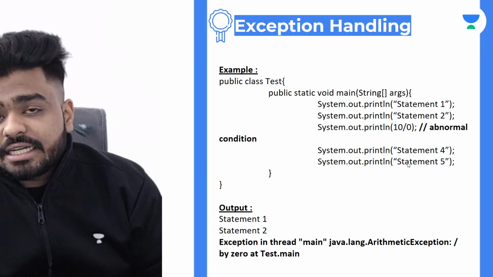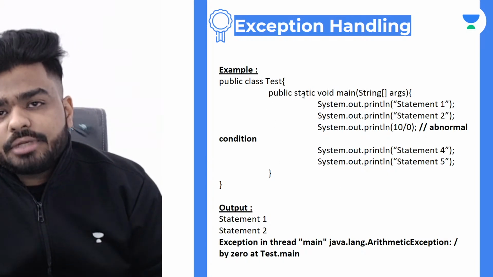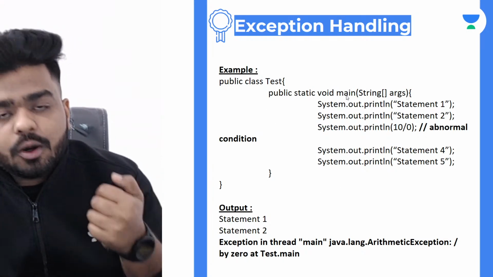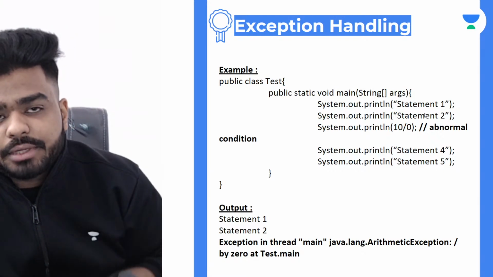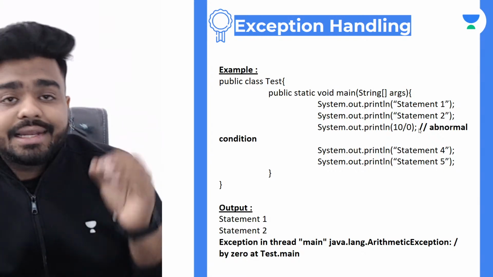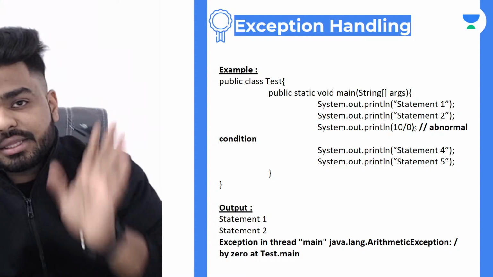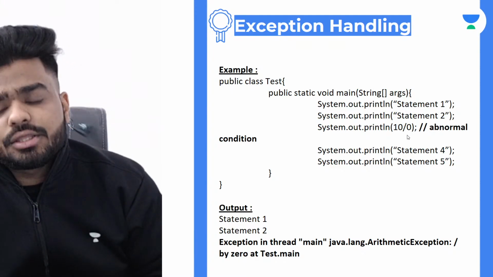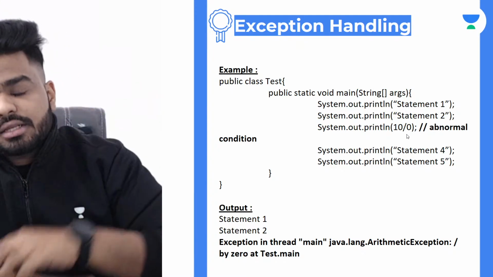तो ये पांचों स्टेटमेंट है, करेक्ट? अब बेसिकली अगर आप ये पर्टिकुलर प्रोग्राम को चलाओगे तो क्या होगा, सारे स्टेटमेंट प्रिंट होंगे। पहले स्टेटमेंट 1 प्रिंट होगा, फिर स्टेटमेंट 2 प्रिंट होगा, लेकिन बीच रास्ते पे कुछ एक्सेप्शन हो गया है। क्या एक्सेप्शन हुआ है? 10 by 0. 10 by 0 इन मैथमेटिक्स इज इन्फिनिटी,